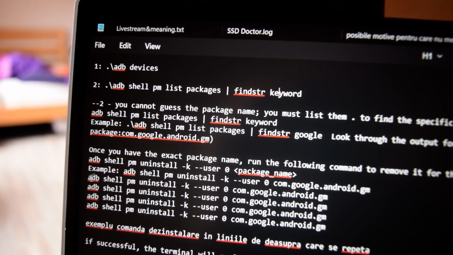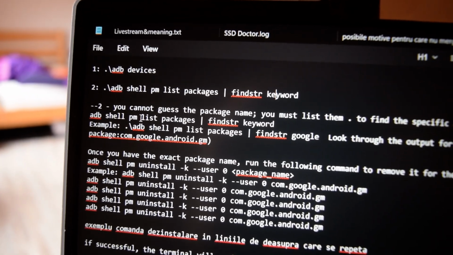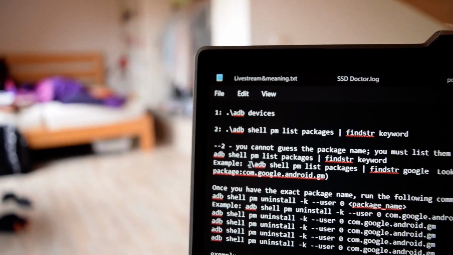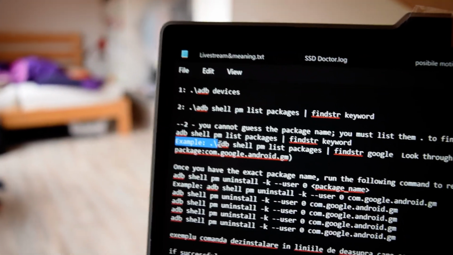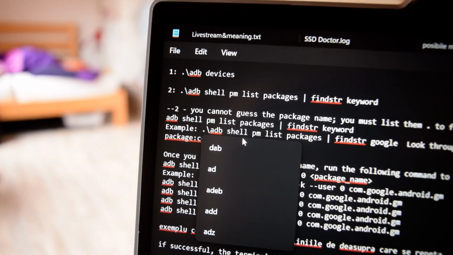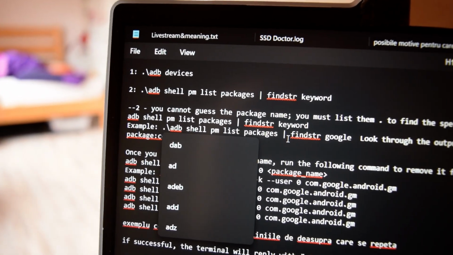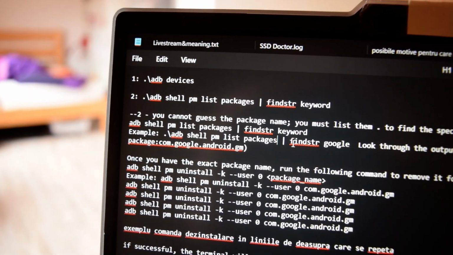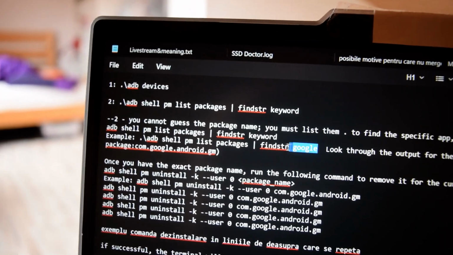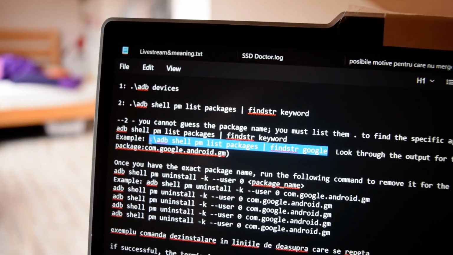this is for uninstalling. I think it's a bit higher. This one is the example: ADB dot backward slash shell PM list packages vertical line find str Google. So this is the command I wrote, and then it listed the packages